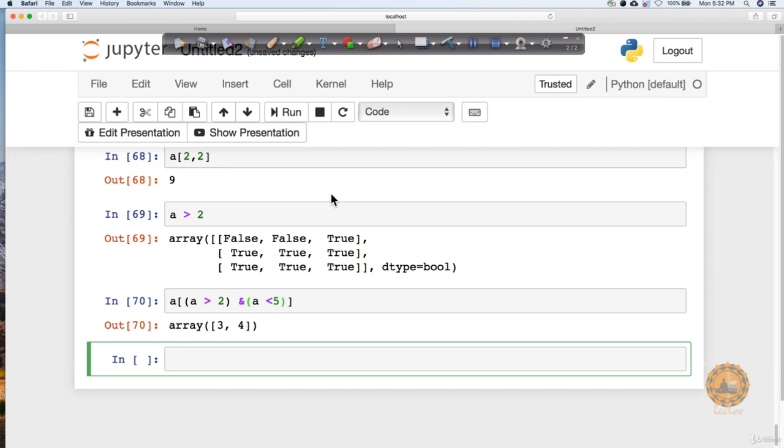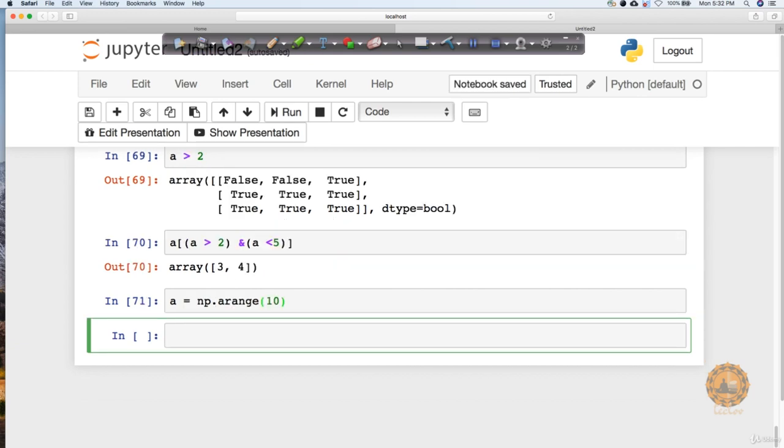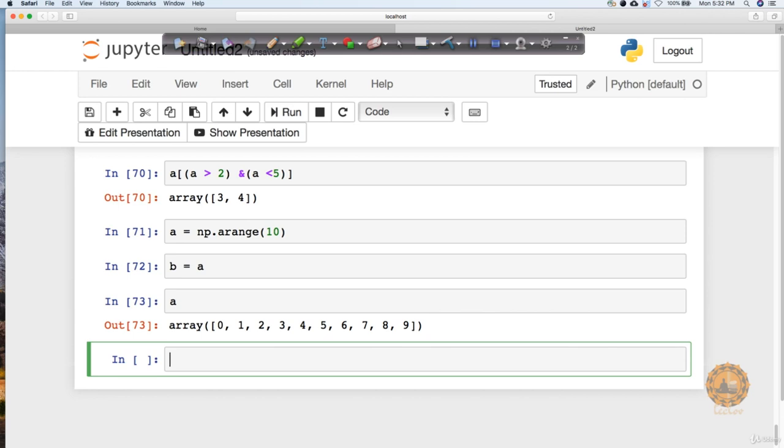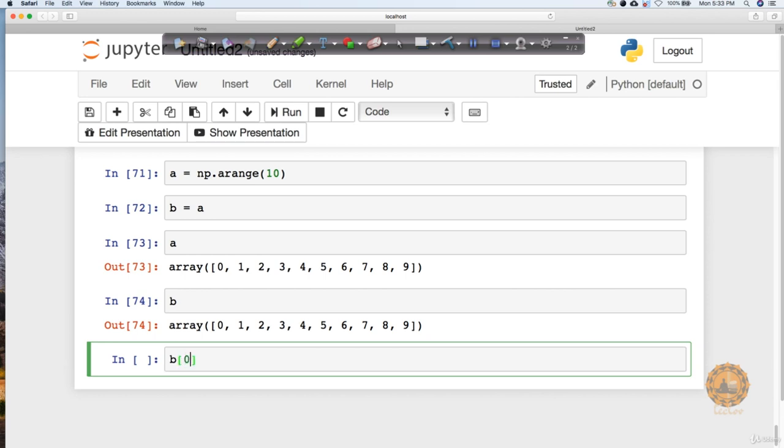How about if I want to play with some subset of the array? Let me explain what I'm going to do now. I'm going to make some changes to my NumPy array. Let me take np.arange, taking the values from 0 to 9. Now if I assign b is equal to a, this is a very interesting component, please watch it carefully. Value a is this, and value b is this. Now I'm changing the value of b, not a, to, let's say, 11.